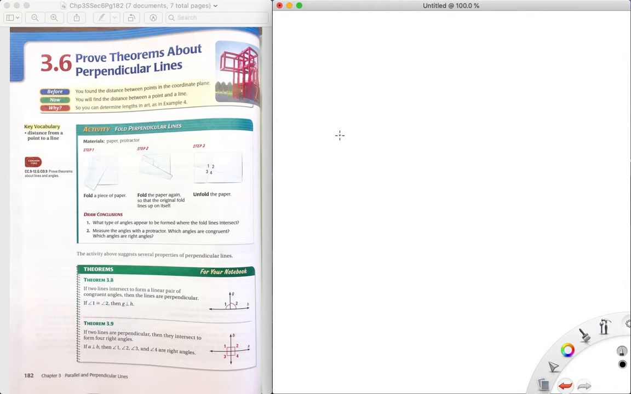Alright, this is Honors Geo, Chapter 3, Section 6, Prove Theorems about Perpendicular Lines. Alright, a lot of theorems in this section about perpendicular lines, and with that comes some proofs. So, the first one that they give